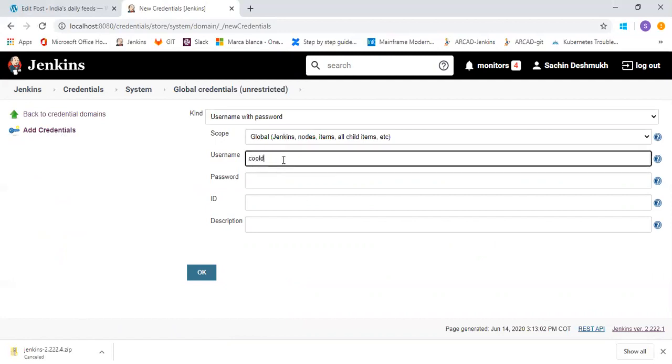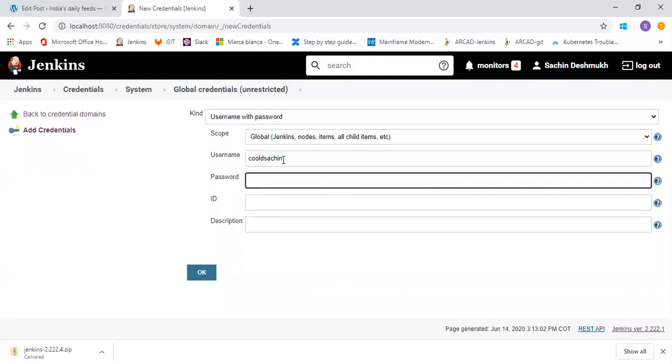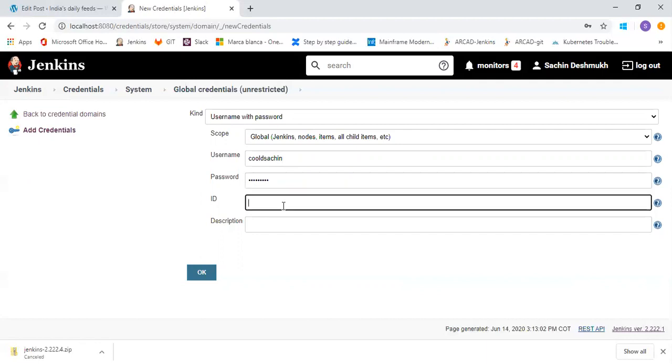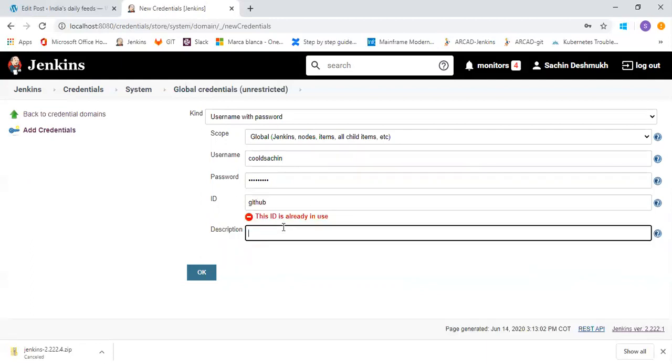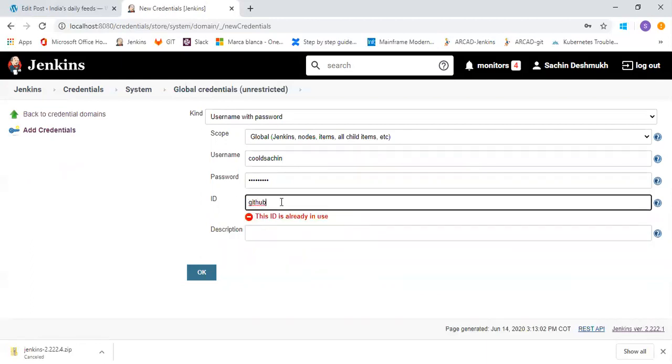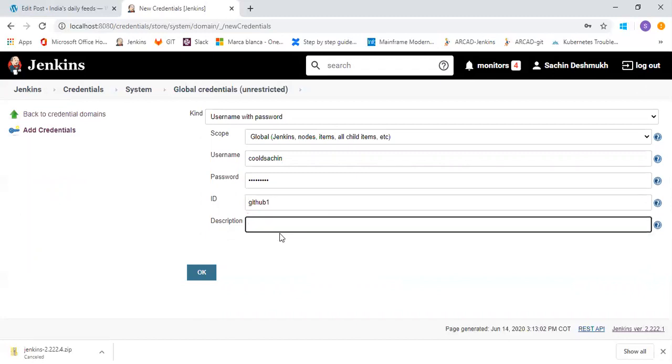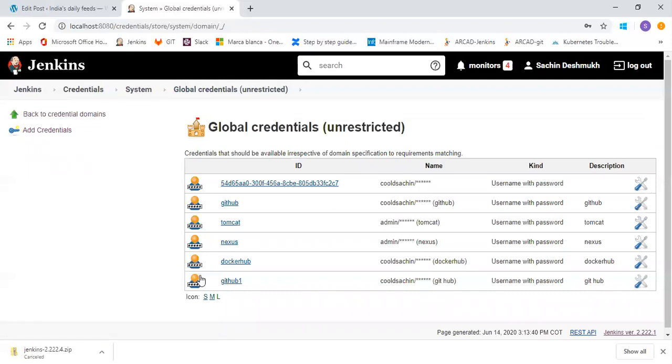I already have GitHub credentials, so I am just giving the credential name GitHub1, and here I am saying GitHub. Like this, you can add your credentials. So GitHub1 is added. There are other options also.